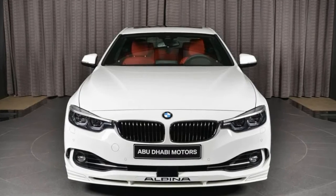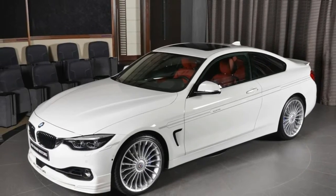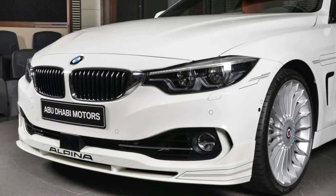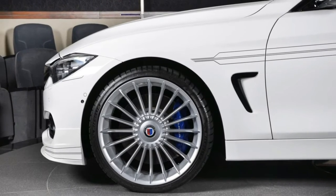Alpina B4S by Turbo makes for an elegant M4 alternative, as awesome as the BMW M4 is. If you're craving exclusivity, opting for an Alpina-tuned 4 Series should help you stand out more among the crowd. The best part is that you wouldn't be sacrificing any performance, as the B4S by Turbo puts out 9 PS,